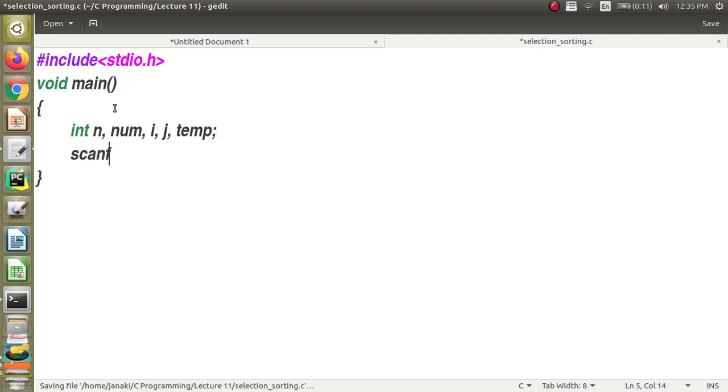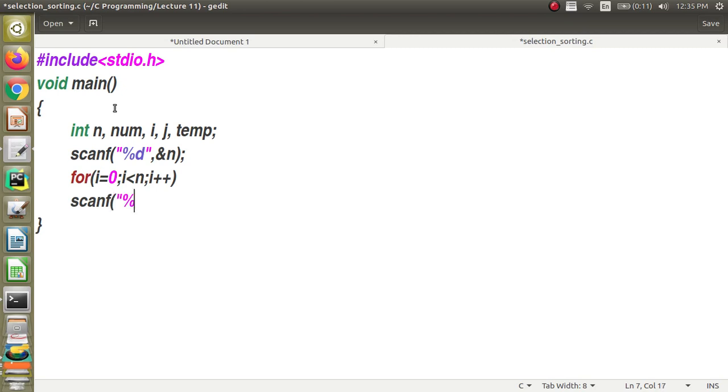First of all, read the number of elements in the collection, and then you have to read the elements and put them inside the array. Sorry, I made a mistake. Num is an array, so I should give an index, num of i. Read the elements for the array.